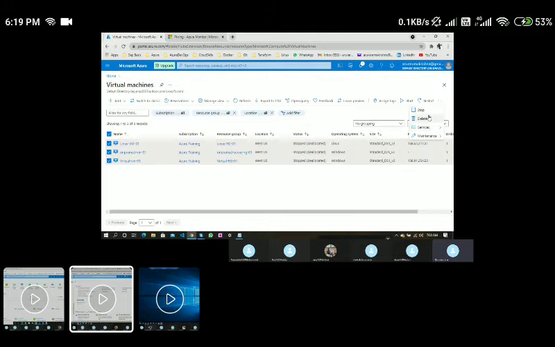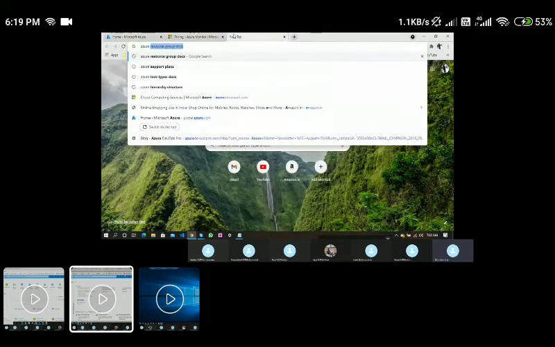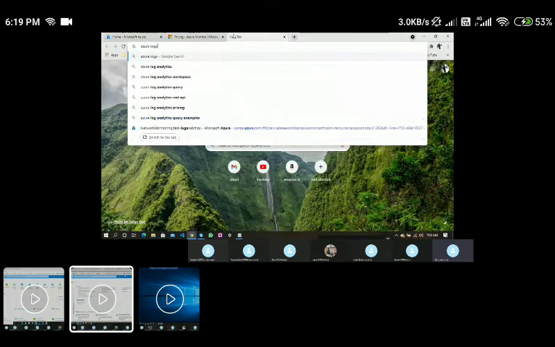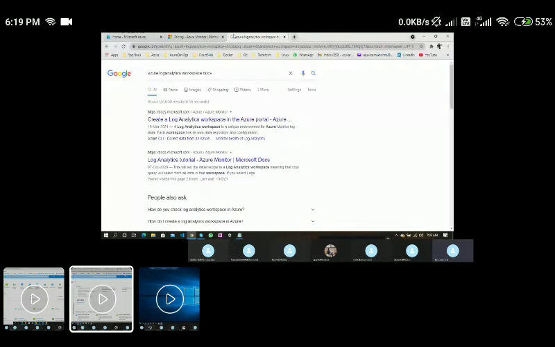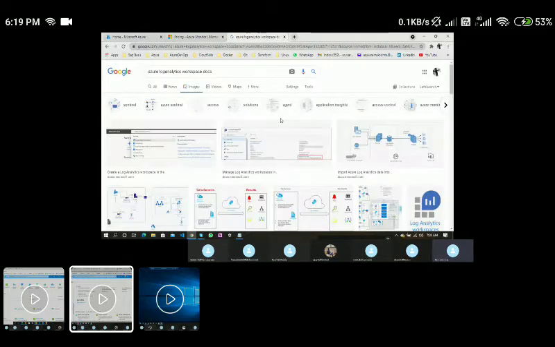Just to show you some demos for now. I just started the VMs, and in the meantime, let me walk you through certain documents here. Azure Log Analytics Workspace docs. If I go to this image first, here you could see,